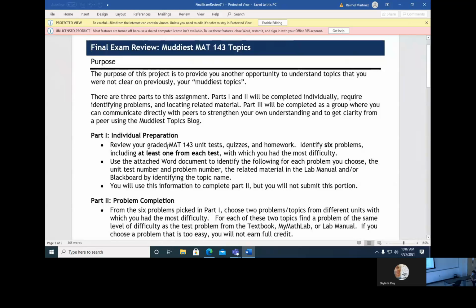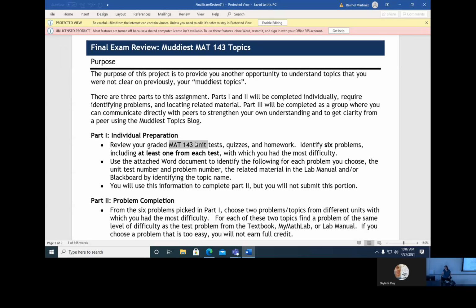143. Notice 143, not our stuff, the 143 stuff. Why would we be looking at your 143 stuff since this is exam review? This is the supplementary class. We're going to look at her questions because those are the ones more likely to be on your final exam,